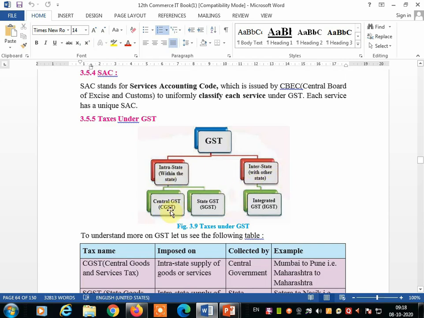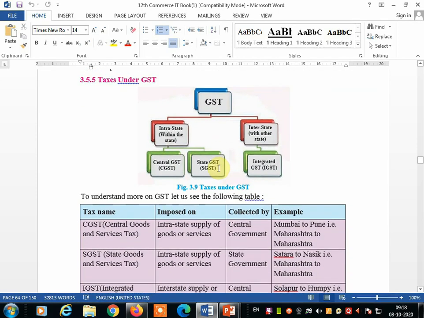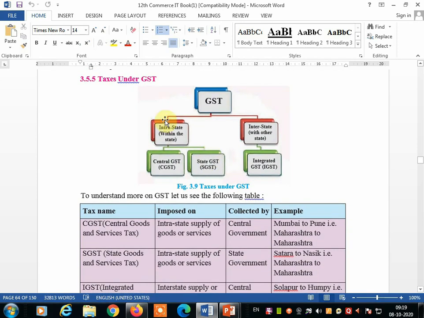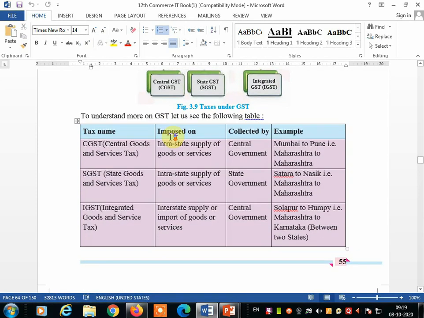Now for intrastate we calculate the Central GST, CGST, and State GST, SGST, and if it is interstate, then we calculate the Integrated GST, IGST. So while calculating the tax, we must keep in mind there are two different ways, intrastate and interstate.